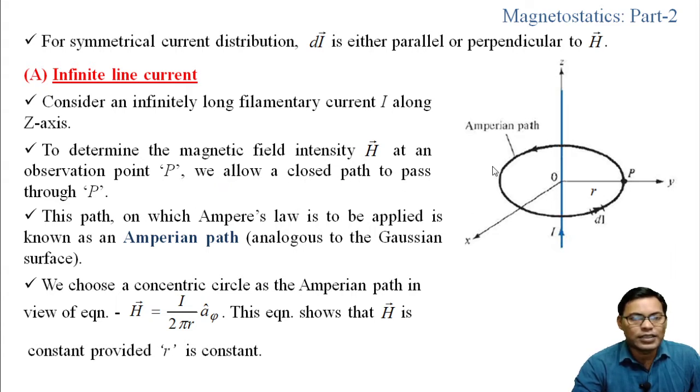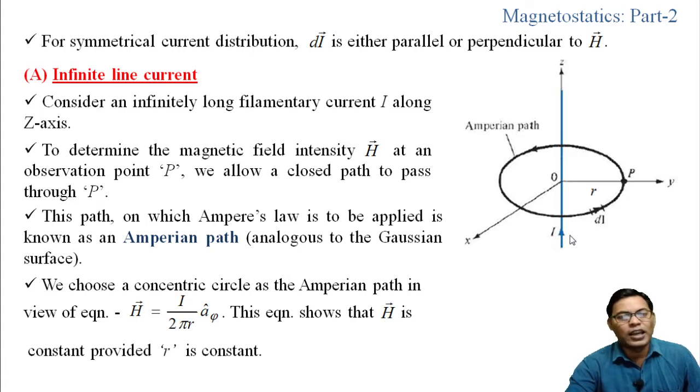This imaginary path on which Ampere's law is going to be applied is known as the Amperian path. Just like we have seen in electrostatics, the Gaussian surface, here in magnetostatics we will consider an imaginary line that is called the Amperian path. So for the line current we have drawn the circular Amperian path,